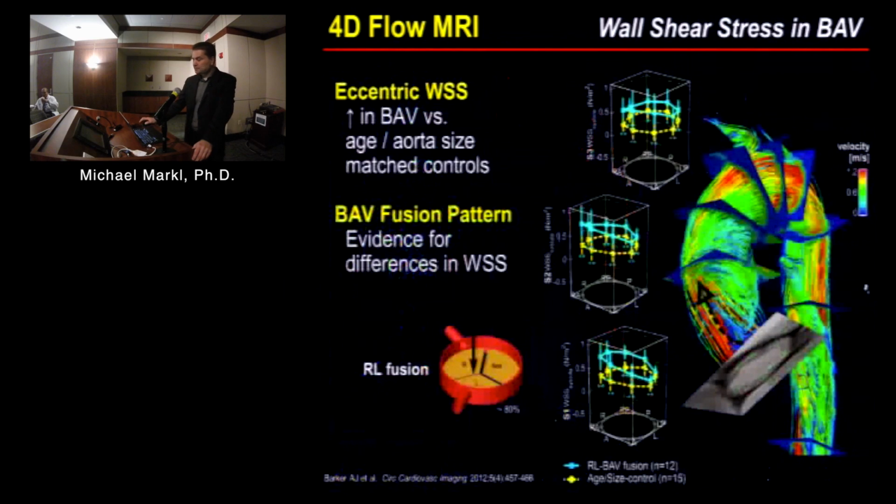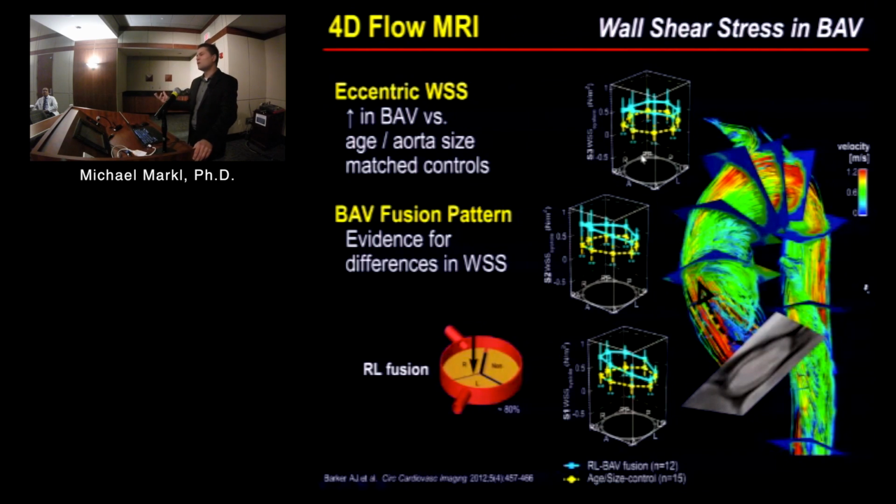This is an early study where we did wall shear stress quantification in individual 2D analysis planes, as shown here. Flow goes through here. This is a patient with a bicuspid aortic valve. Here we mapped out the wall shear stress along the vessel circumference, so this will be the left, right, anterior, posterior side. We compared a patient with a right-left fusion pattern, in blue, to age and aorta size matched controls. And you can clearly see a significantly